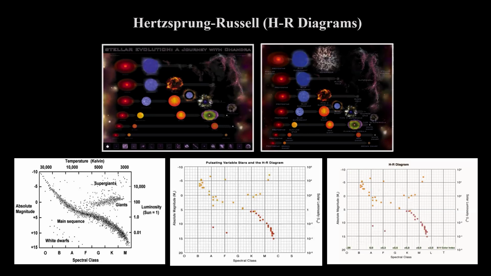Look at the 2 HR diagram illustrations. The illustration on the right has an extra line at the top that is not on the illustration on the left. This is because that stellar evolutionary stage only existed in theory until the Chandra mission discovered a supernova event that supported the theory, and this type of event is no longer theoretical.